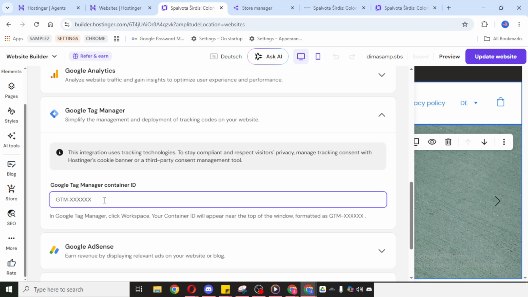If you're setting this up for tracking, it's always a good idea to verify that the container is working properly after installation by checking your Google Tag Manager account or using your preferred testing method. This helps confirm that your tags can start firing as expected.